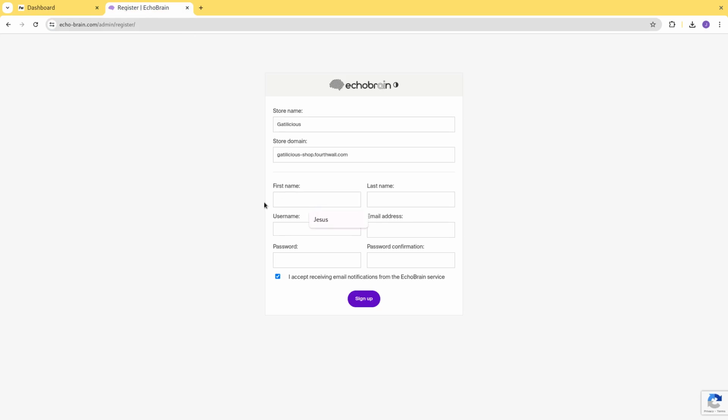Then you're gonna need to enter your information. So in this case, we're gonna fill it out with our information, and then our username can be this, and email address can be this as well. And we're gonna set up a password and confirm the password. Once we hit the sign up button, we're gonna get a code in this email